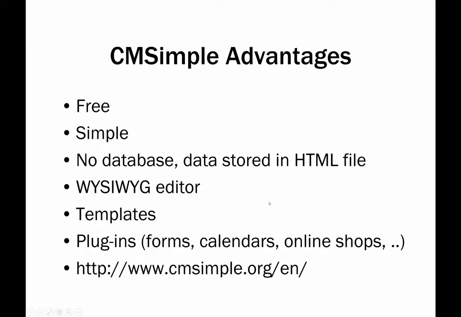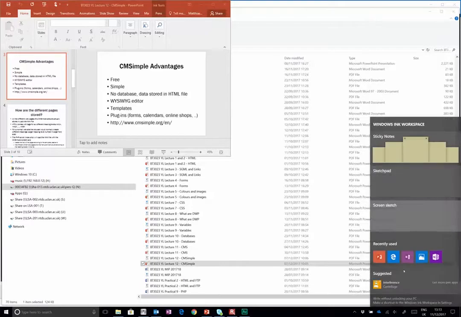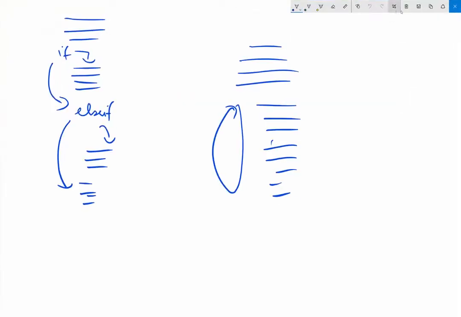Yeah, to have a bit more space here. Yeah. And the different pages. Oh, that is not working out. Let me just switch. Okay, so